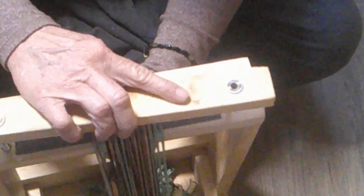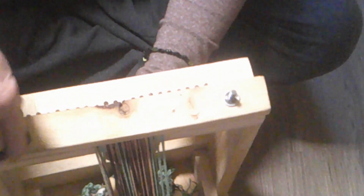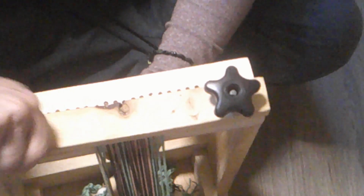and pop this on. Again, this had washers, and that was when I was using wing nuts, so it needed washers. But now that I have these knobs, I don't need the washers because they act as washers. So get that tightened down, and then I'll show you